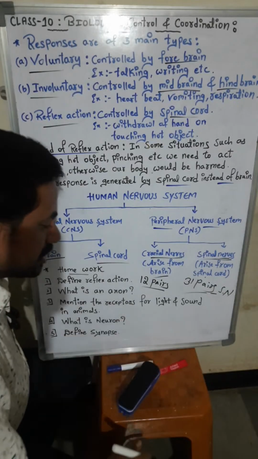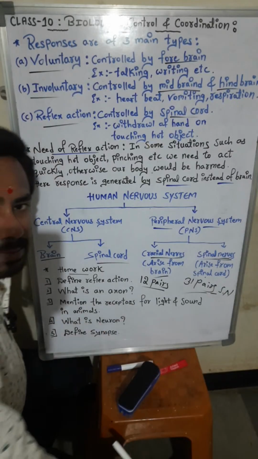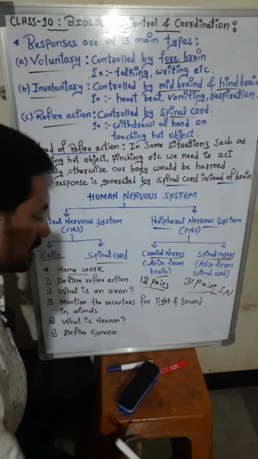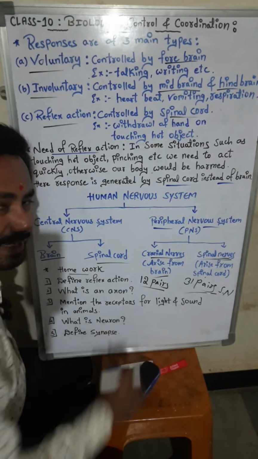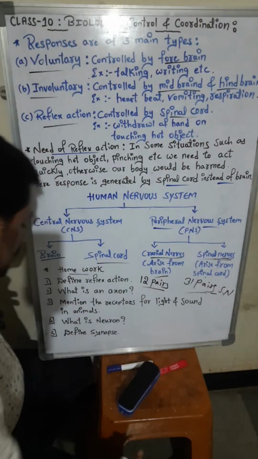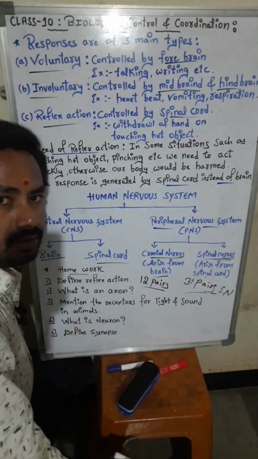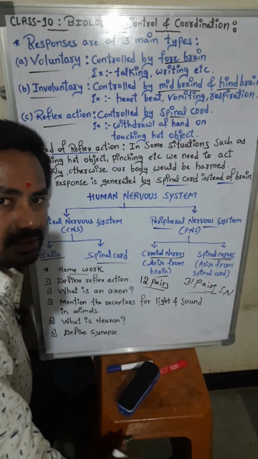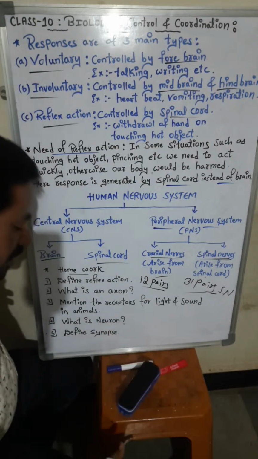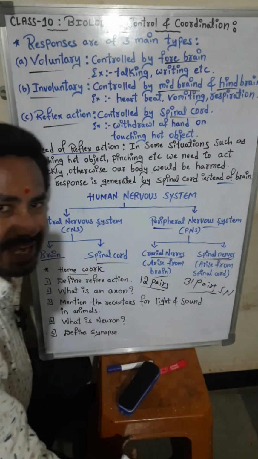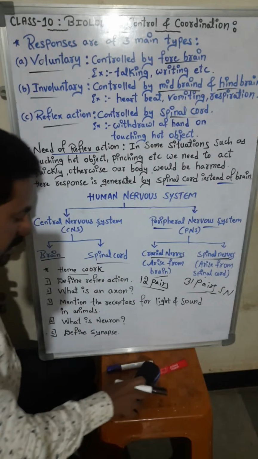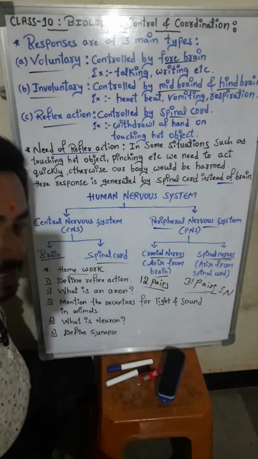Mention the receptors for light and sound in animals. Which receptors are there for light and sound? What is a neuron? Neuron means what? So you have to write the definition. Define synapse. So these are some of the homework for you. And